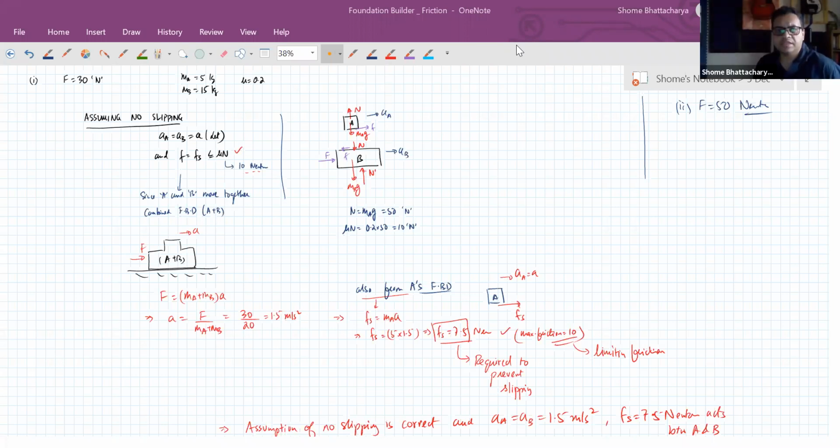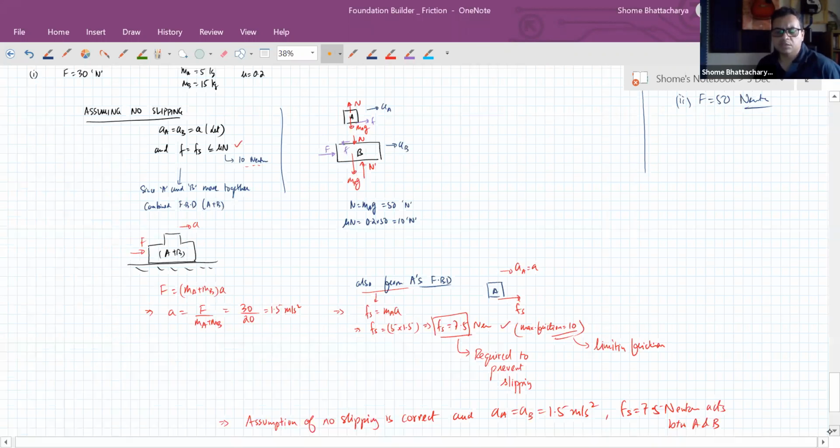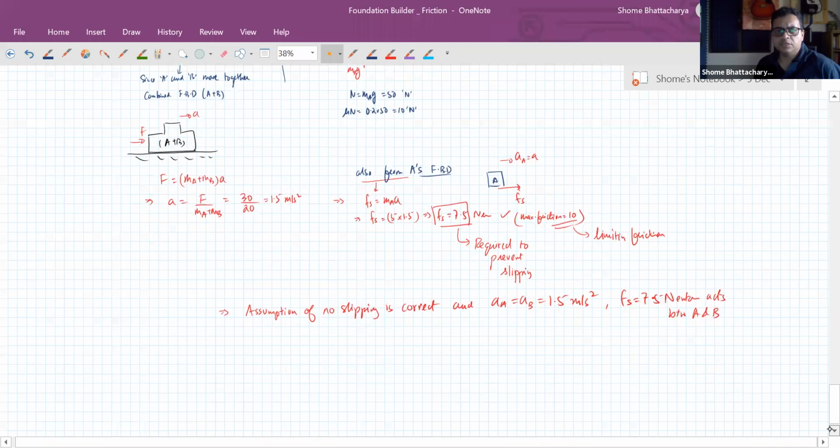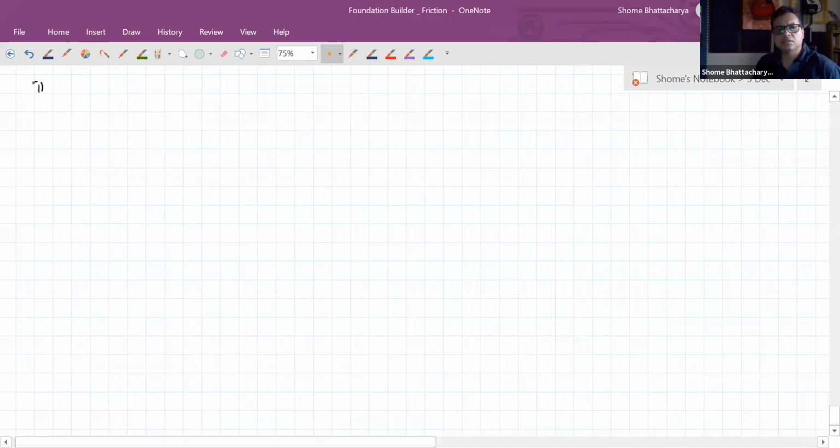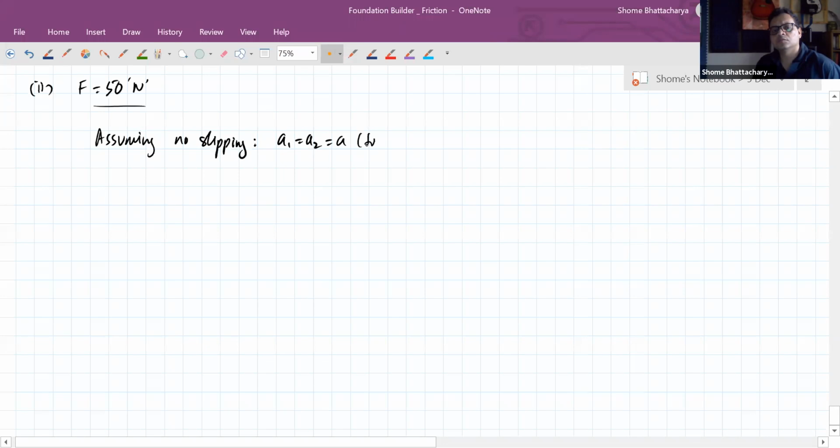Okay, so let's understand now. In the second case, if we start with the same assumption that there is no slipping, the conclusion we'll come to is that we don't have enough friction available to support the assumption. Again, on applying the force of 50 newtons this time, if we start with the assumption of no slipping, that is A1 is equal to A2, and static friction of less than mu N is acting, we'll see that for the combined free body diagram,